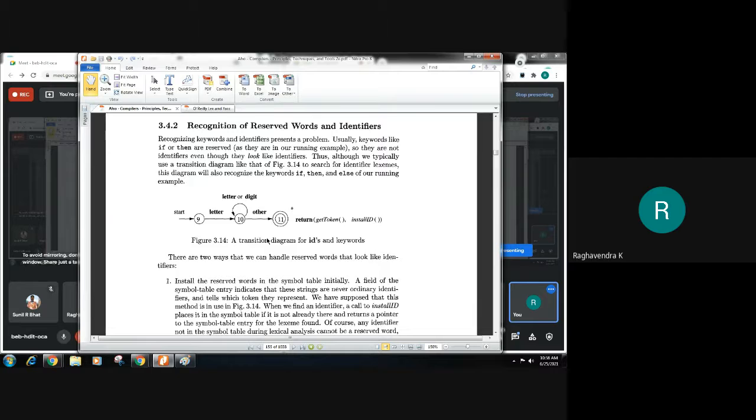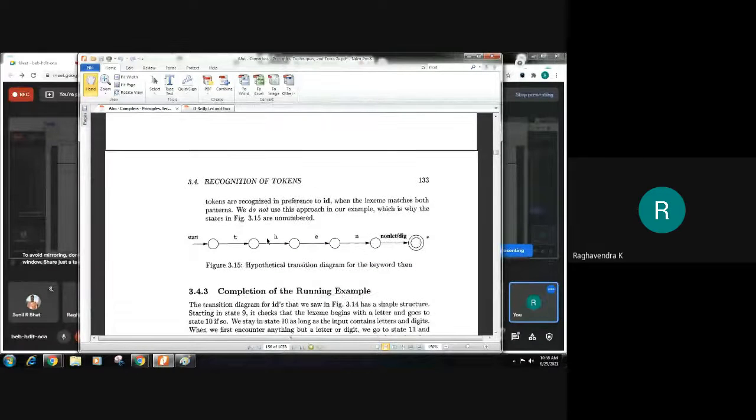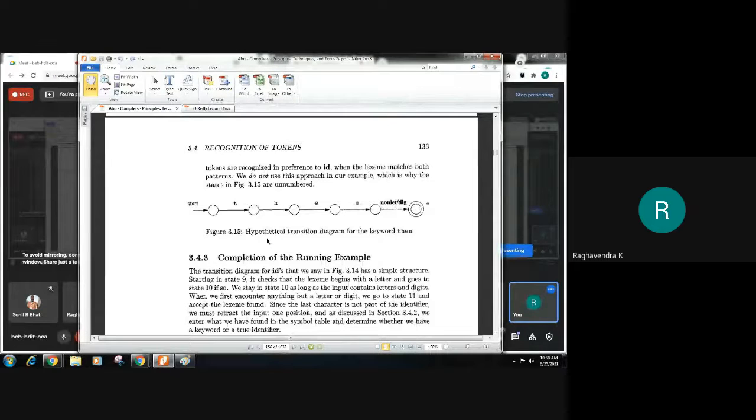Okay. Next transition diagram was for keywords, right? So we know that keywords and identifier definitions are almost one and the same, because every keyword can be matched by the identifier definition, since it's a letter followed by any number of letters, right? But we specifically can write a transition diagram for every keyword that is used in your programs.